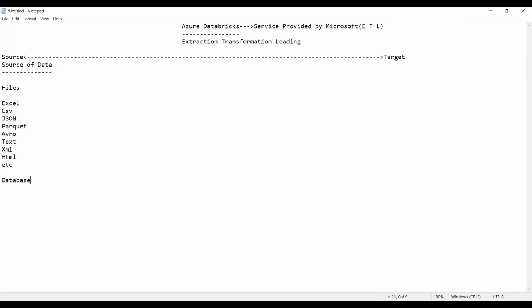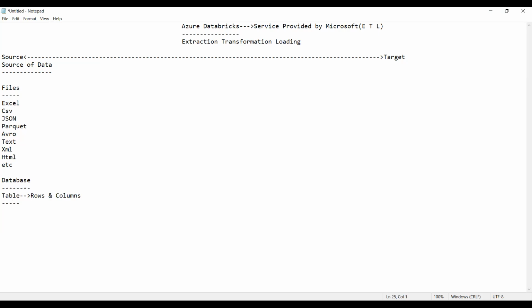So now, guys, what do you mean by database? A place where data is recorded in the form of a table. That is called as tabular format. Table means rows and columns. Database is nothing but a place where information is recorded in the form of rows and columns. So what are the products of database we can have, guys?